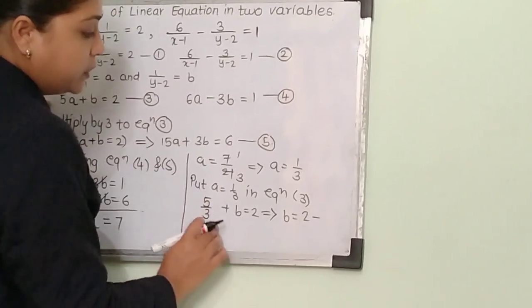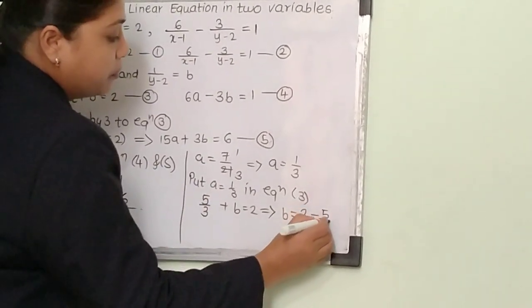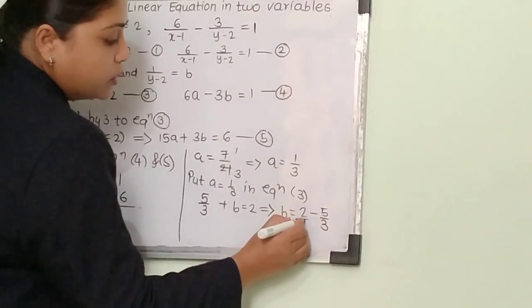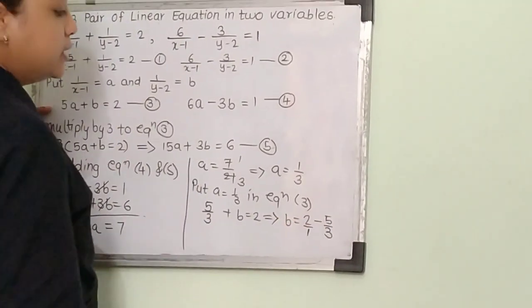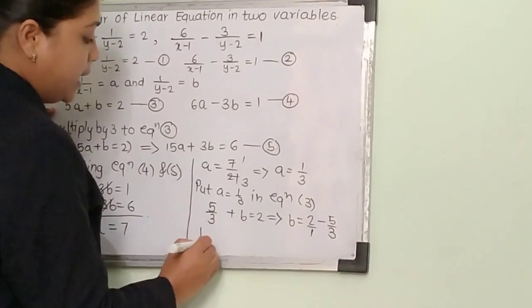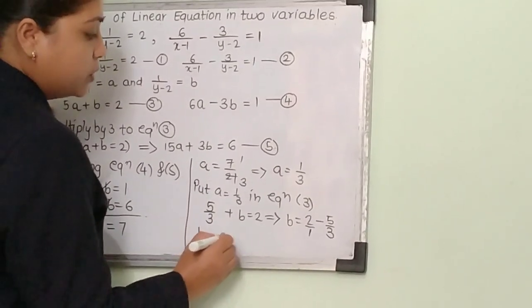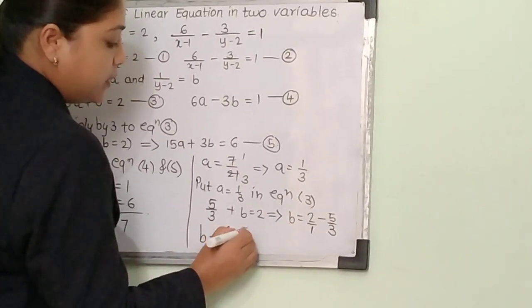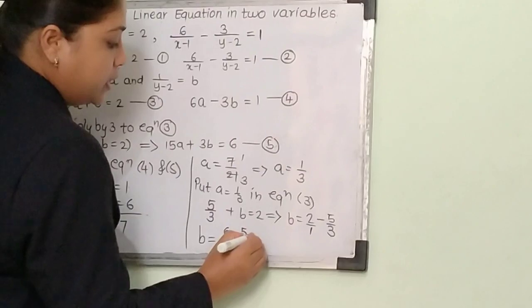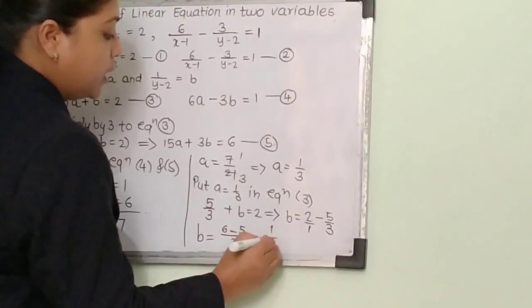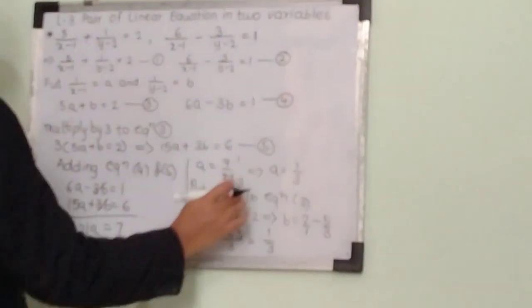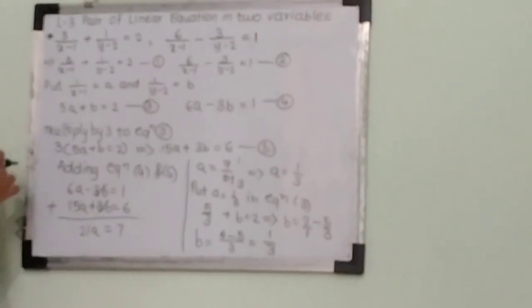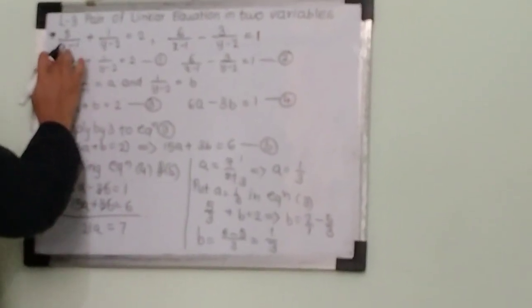Now this 5 upon 3 goes to this side, it becomes minus. Here 2 has no denominator, it means we are going to consider it as 1 denominator, and we get hence b equals to 2 threes are 6 minus 5 ones are 5 upon 3, that is 1 upon 3. So here we get the value of a and b, but we have to find out the value of x